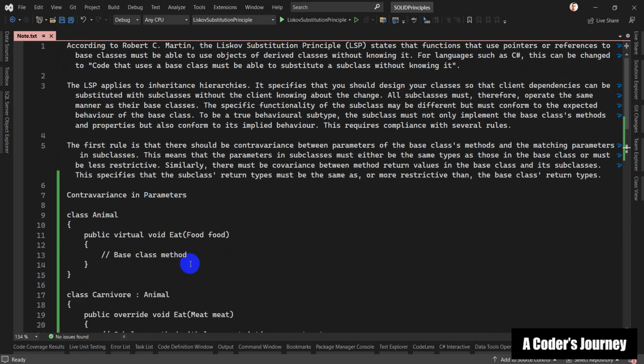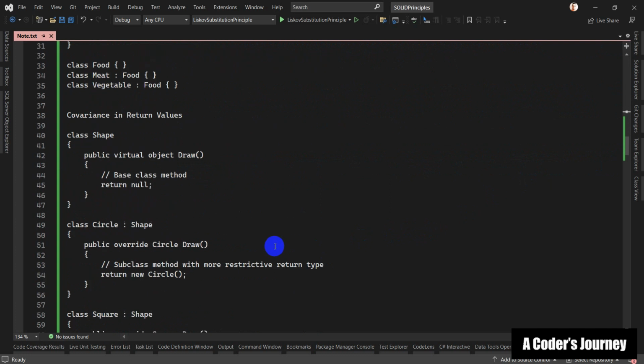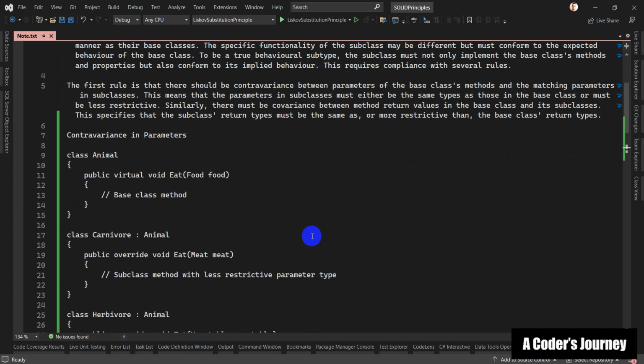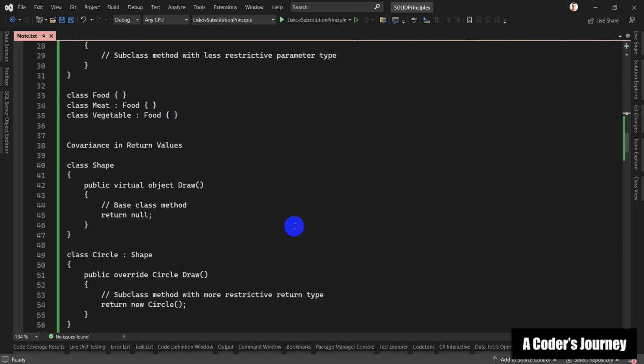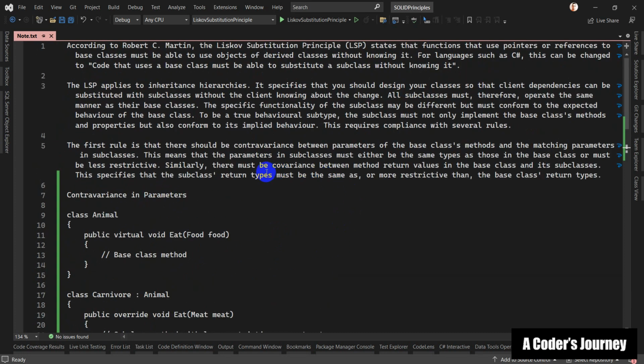Let's go over the rule one more time. There must be covariance between the return types of the methods in the base class and the subclasses. So here again, object and Circle. Covariance means that the return type of the subclass must be the same. So this must either be object, which in this case it isn't, so must be either the same type